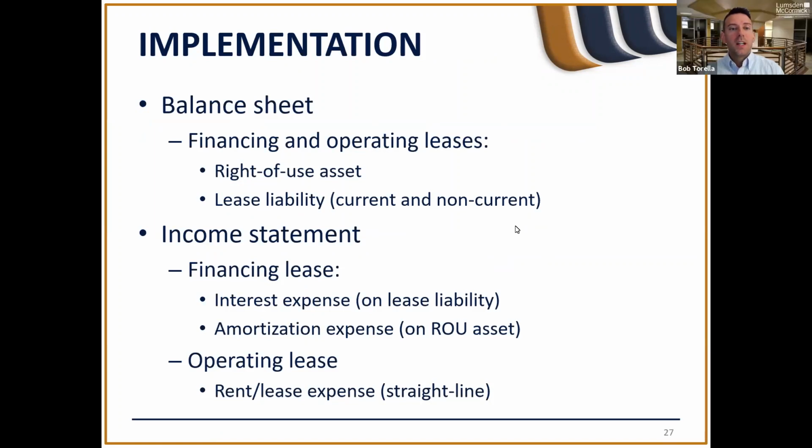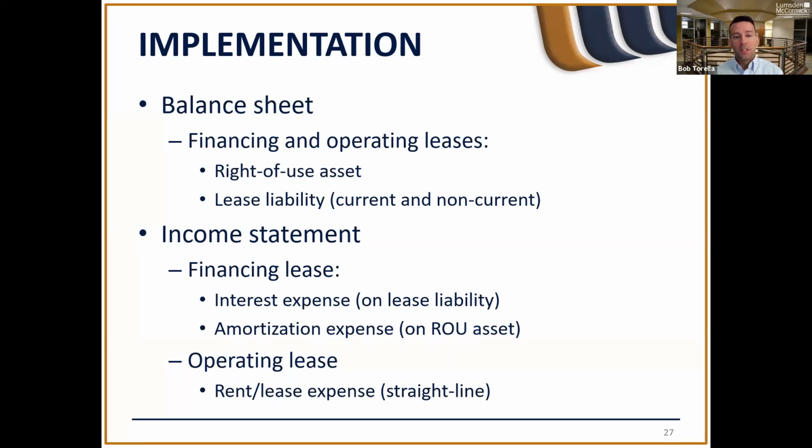All right, so moving on, we've gone through the different recognition of the financing and operating lease. So let's chat about how it is going to look on your financial statements. For both a financing and operating lease, you'll have your right of use asset and your related lease liability. Now, most balance sheets would be classified balance sheets, which would show your current liabilities and your current assets. So your lease liability technically would have to be broken out into your current portion and long-term portion as well. And this is for both a financing or operating lease.